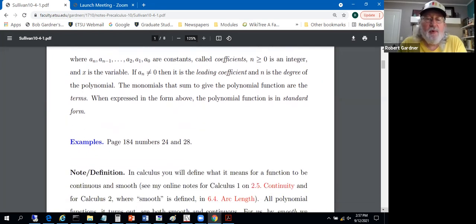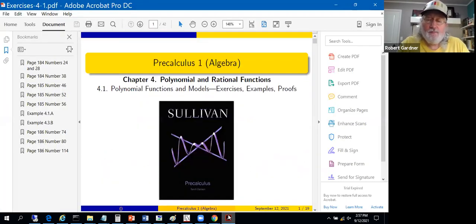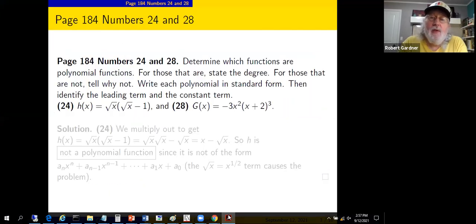So let's look at a couple of quick examples. Okay. Determine which of the functions are polynomial functions. For those that are, state the degree. For those that are not, tell why not. Write each one in standard form. All right, so